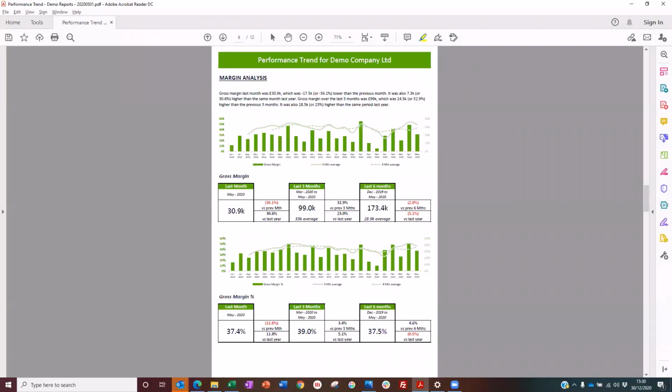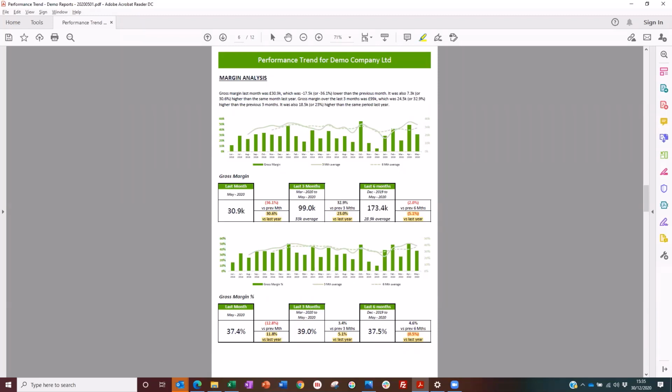The margin analysis page presents information in exactly the same way as the revenue analysis page. There is a paragraph comparing performance in the last month and 3 months to the previous time period and also the same time period in the previous year. Gross margin performance is then displayed over the past 2 years, with gross margin percentage displayed over the same time period. Where the information is available, performance is compared to the previous time period and also the same time period